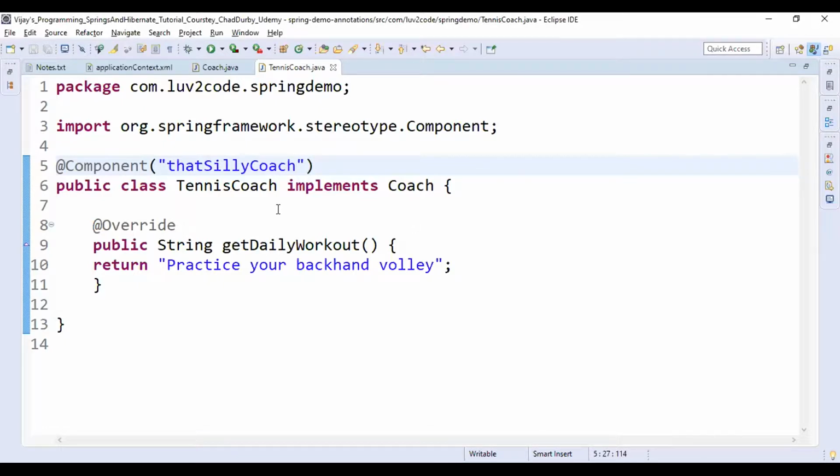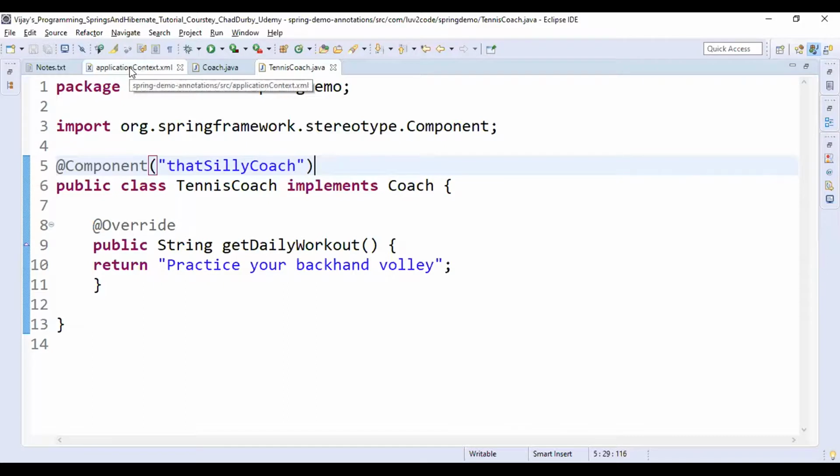Now, before moving on to the third development process, we need to update whatever bean ID we have specified. Copy this bean ID, and we need to supply it in the configuration file, and we have an element for that, right?